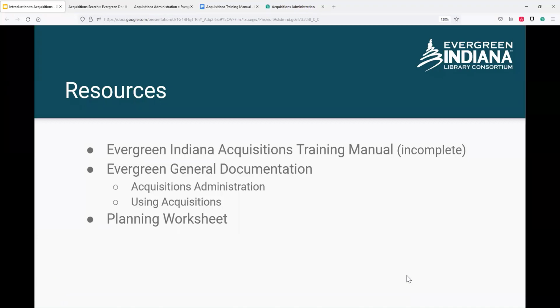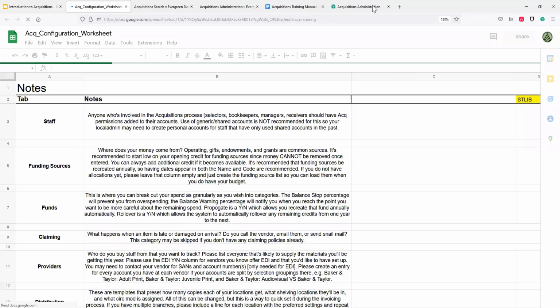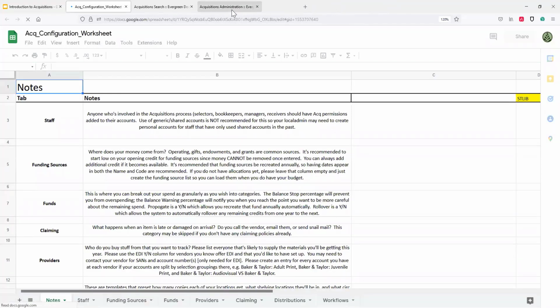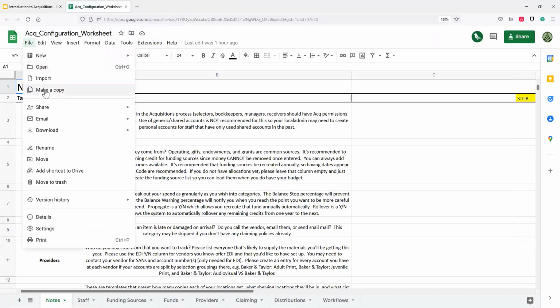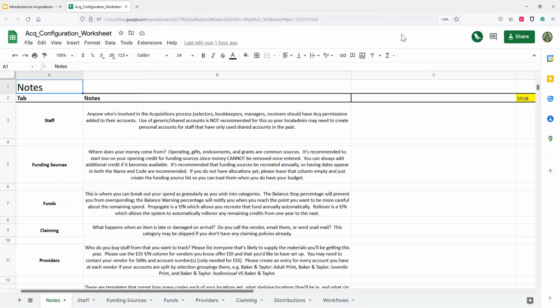And then the planning worksheet. So now I'd like to take a look at that real quickly. You are welcome to this. What my recommendation to you is that once you are here, if you want to use it, you're going to go to File and then Make a Copy. And so if you have a Google Drive, you can make a copy to that local Google Drive, or you can,